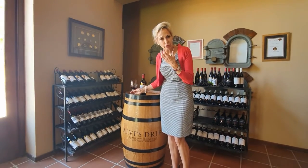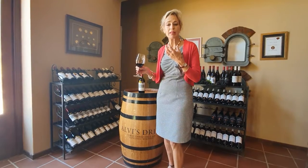Lovely firm tannins from our cab, and all